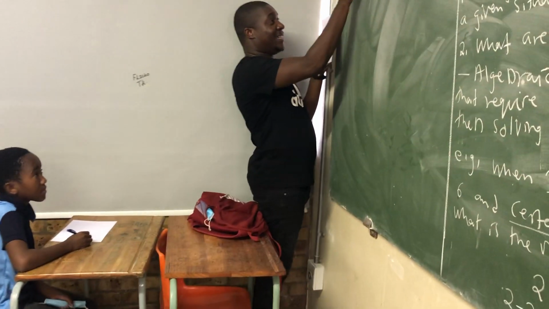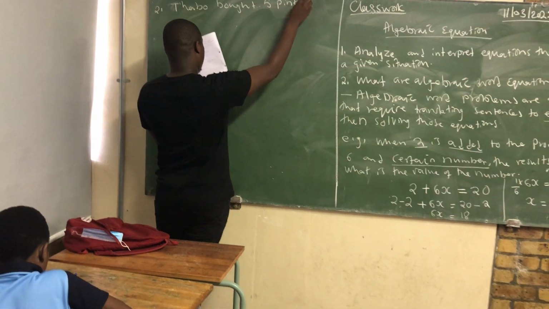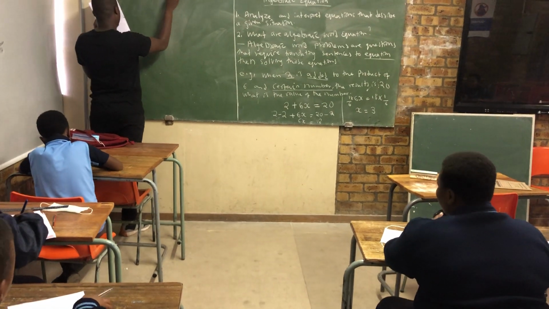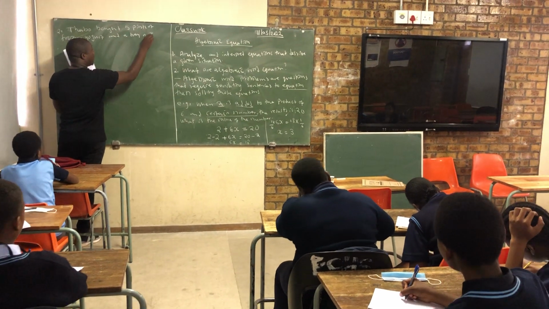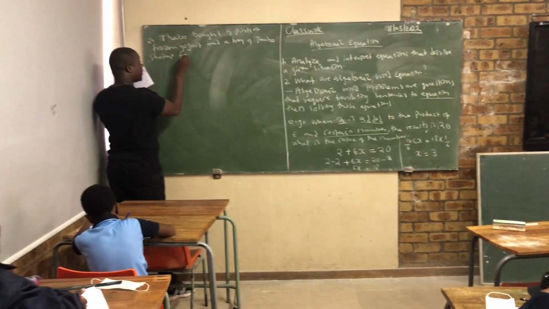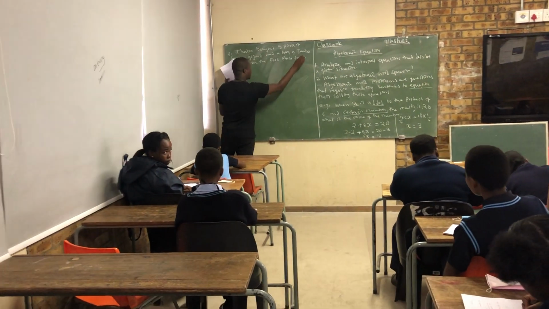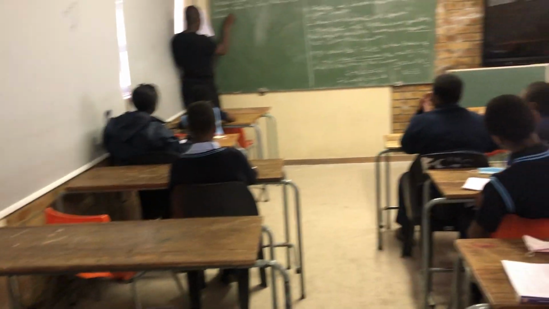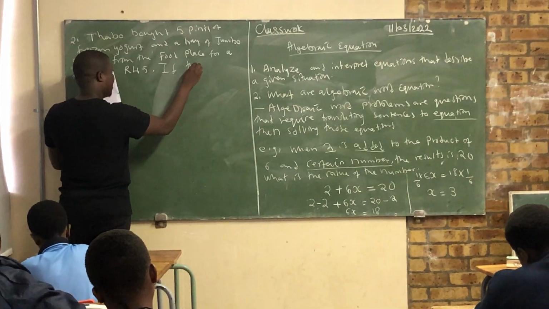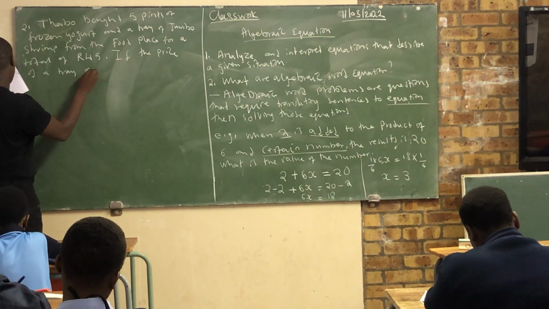Turbo bought 5 pints of frozen yogurt and a tray of jam from the Food Palace for a total of 45 rand. If the price of a tray of jam